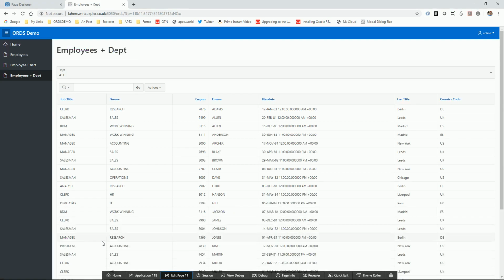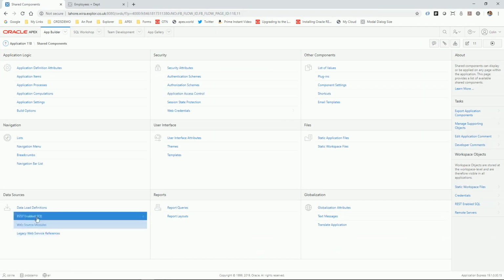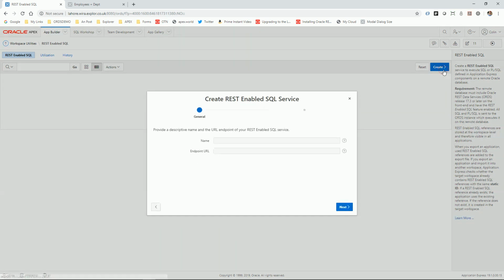Okay, first thing we need to do is go back into our application and go to Shared Components and choose the option REST Enable SQL. For this demonstration I have another schema which we're going to remote onto called PRD test. This has been enabled for ORDS but has no web services and has a few sample tables from one of the sample Apex applications. So first thing we need to do is click on Create, and we have to give it a name, so I'll just kind of call it product,